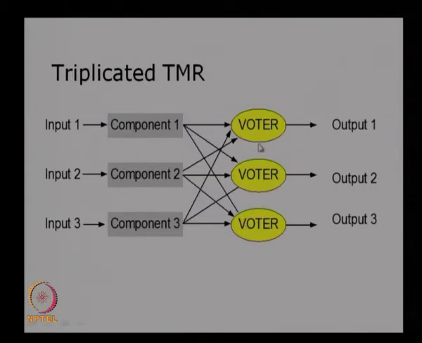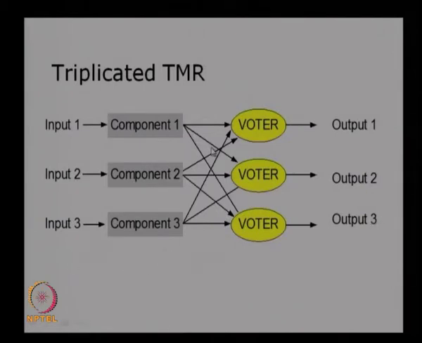The inputs to the voters will be compared here, and then an output will be generated. If the outputs from 2 and 3 are the same and 1 is not correct, then the output from 2 will be given here. Like this, all three voters will be providing an output. So, even if one of these voters is not performing well, the other two outputs will be the same. This will again be connected to a TMR, similar to the previous one, and then finally there will be a single voter that will give an output.